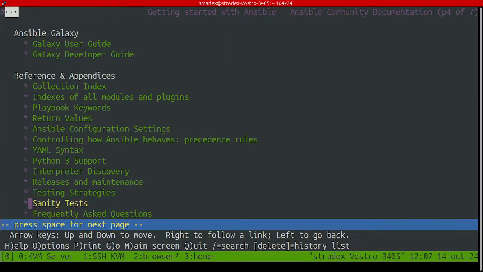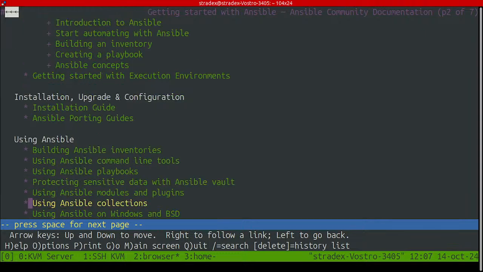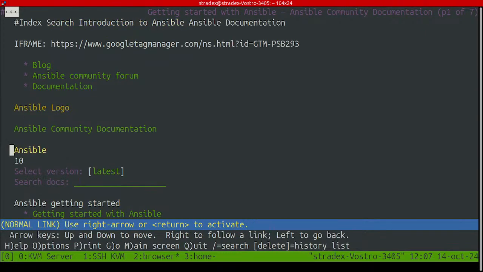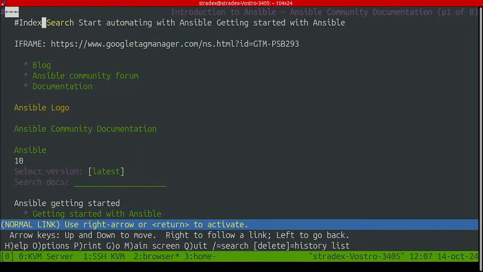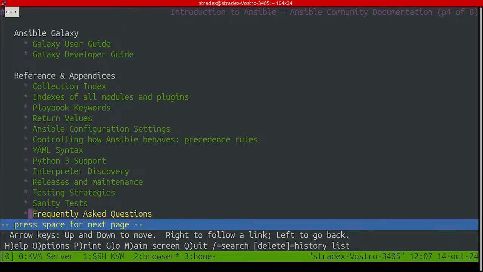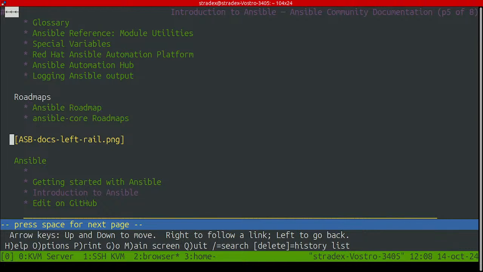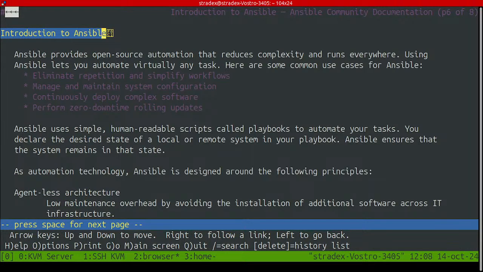Okay, so Ansible. Let me see. Ansible, getting started with Ansible. Introduction to Ansible. Okay. Ansible price, blah blah blah. Eliminate. Yes, this is the kind of tool that probably would have been needed when I was doing my DevOps